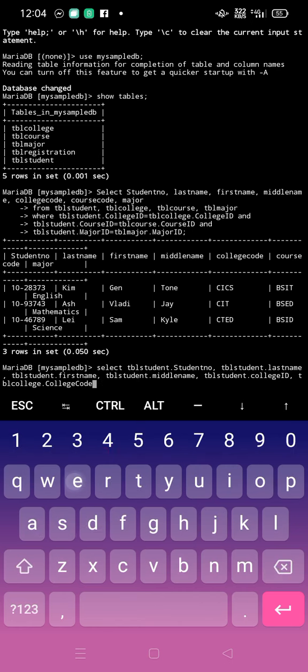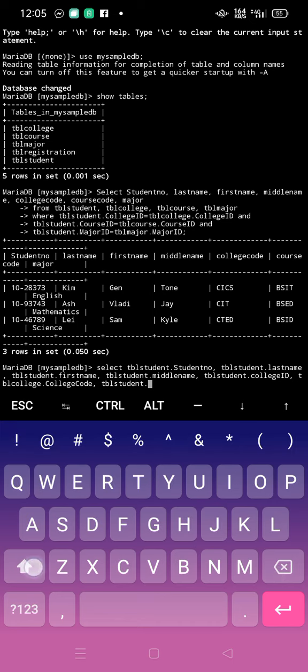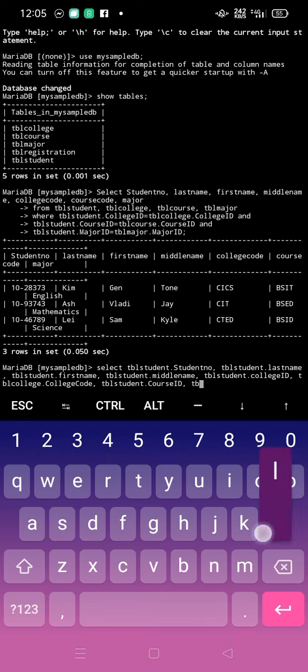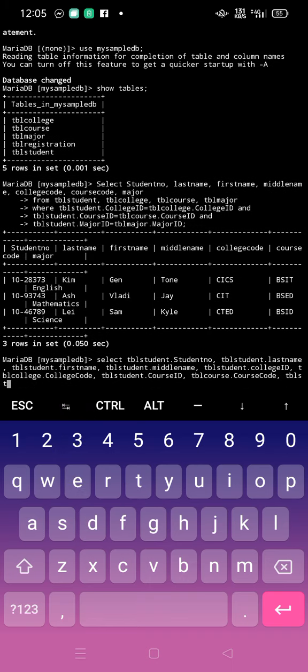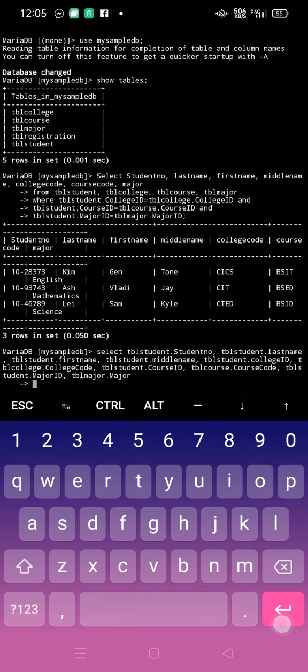TVL student dot course ID, TVL course dot course code, TVL student dot major ID, TVL major dot major, from TVL student,